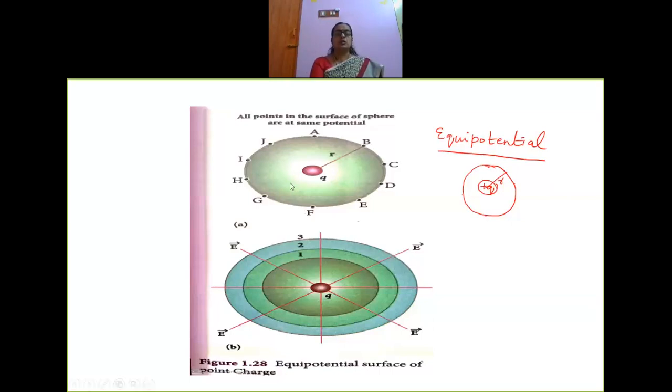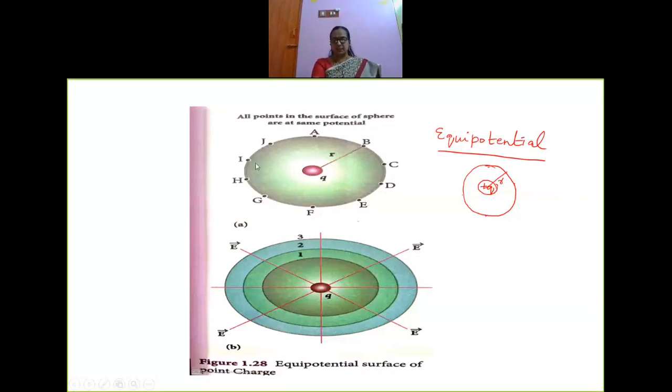Now when we talk about the points on the surface of the given sphere, in this diagram there are so many points that are marked A, B, C, D, E, F, G, H, I, J. So many points are marked on the sphere. Now all the points are at the same radius. So whether it is from Q to B or Q to E or Q to G or Q to I, it is the same.